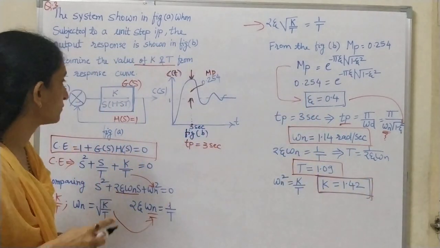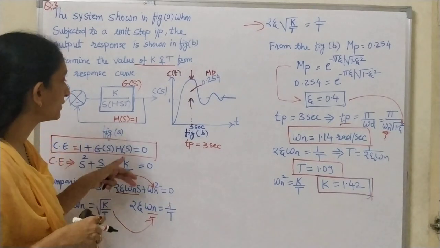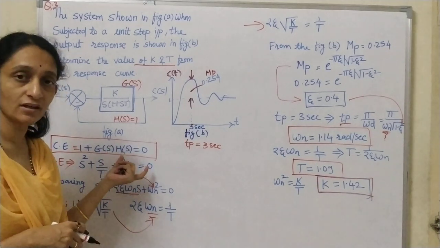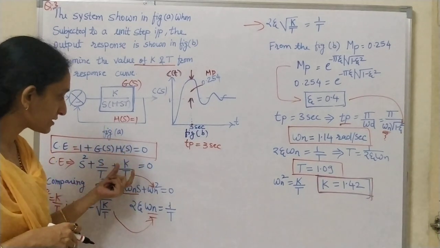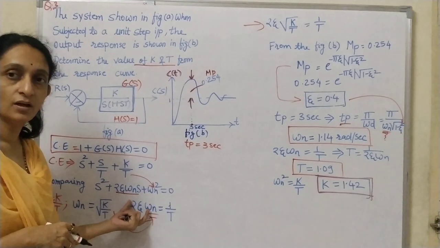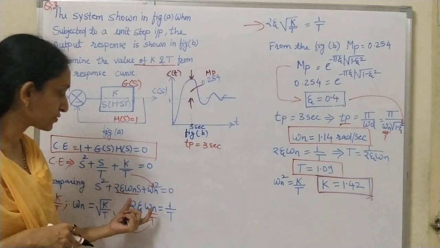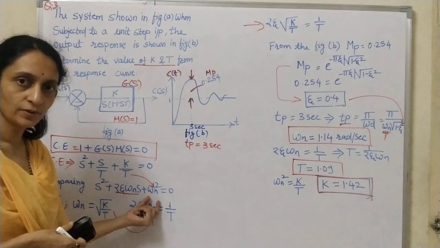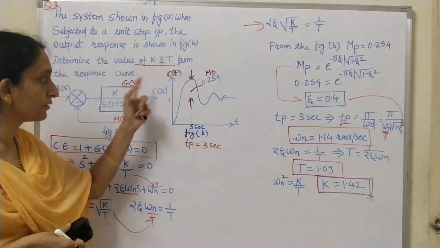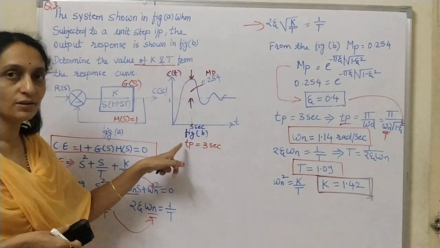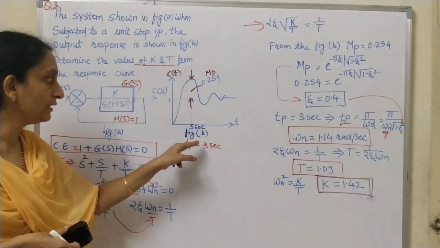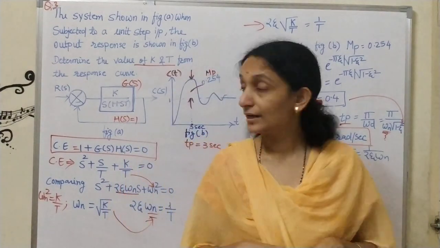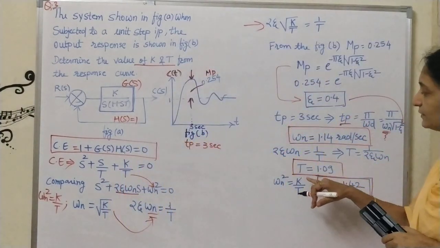Simple. So again you can see the numerical. If the block diagram is given, from that block diagram we have calculated the characteristic equation. Then we have compared that characteristic equation with the standard characteristic equation. For comparing with the standard characteristic equation, we need some data: either we need zeta or we need omega n. If that is not given, we need to check whether it is given here or not. Here figure B is given. From that data we have MP and TP. So we have written the formula, and then we have calculated the constant terms, that is k and t.